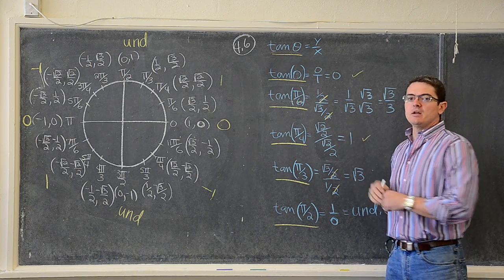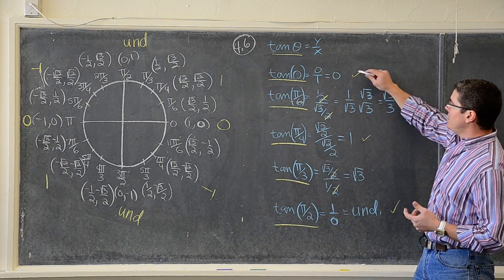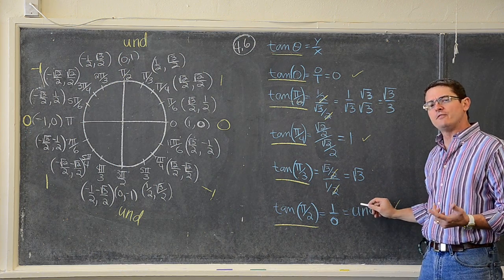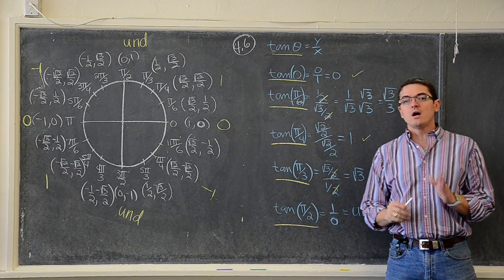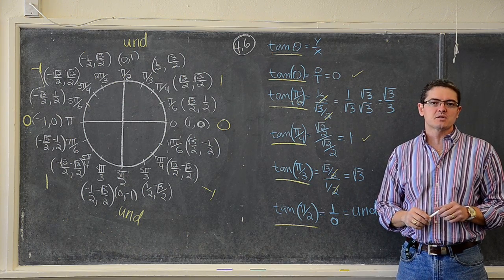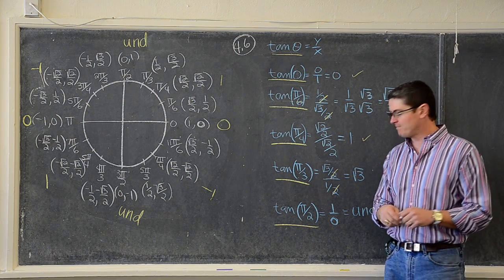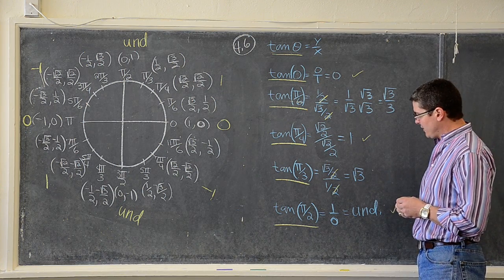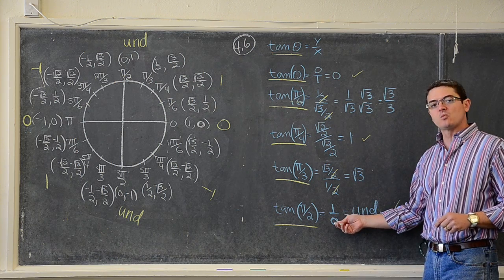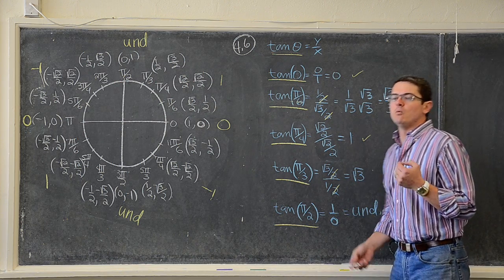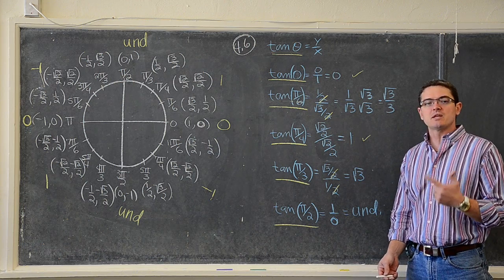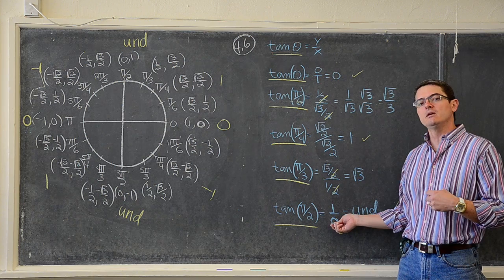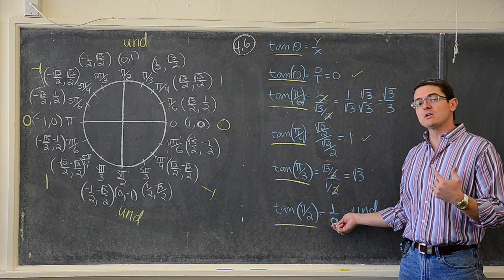So a couple of things going on here. We can see that our easy values of 0, 1, and this sort of weird value of undefined are not going to happen at the quadrantal angles like they do for sine and cosine, and thus secant and cosecant. So that's an idea of how they're a little bit different. When you're dividing y divided by x, or with cotangent, x over y, that leaves the possibility of x or y becoming 0. And those will be at the quadrantal angles.